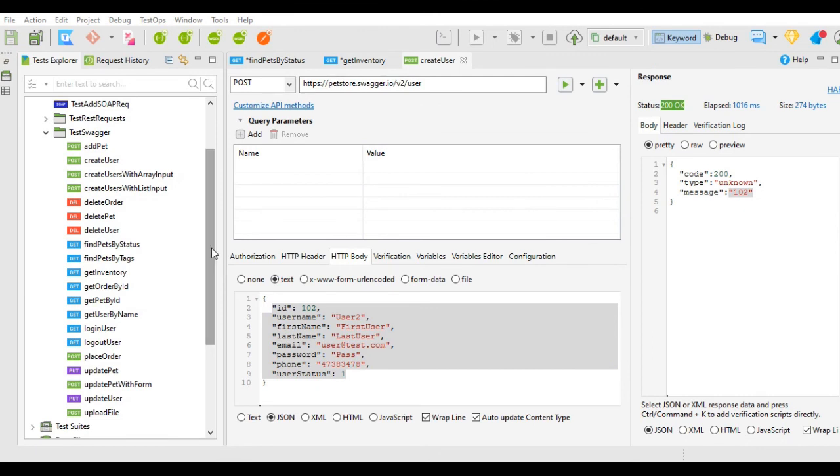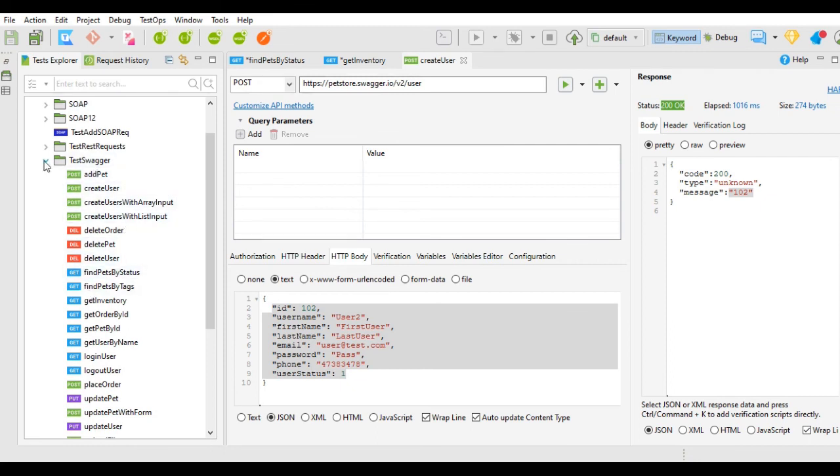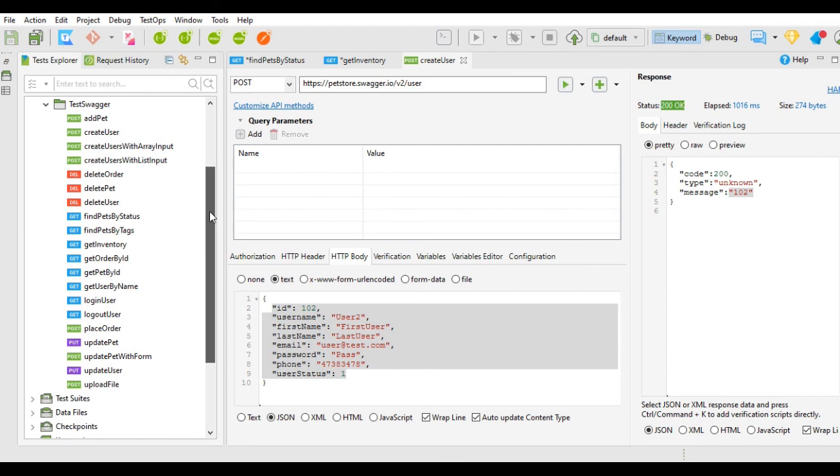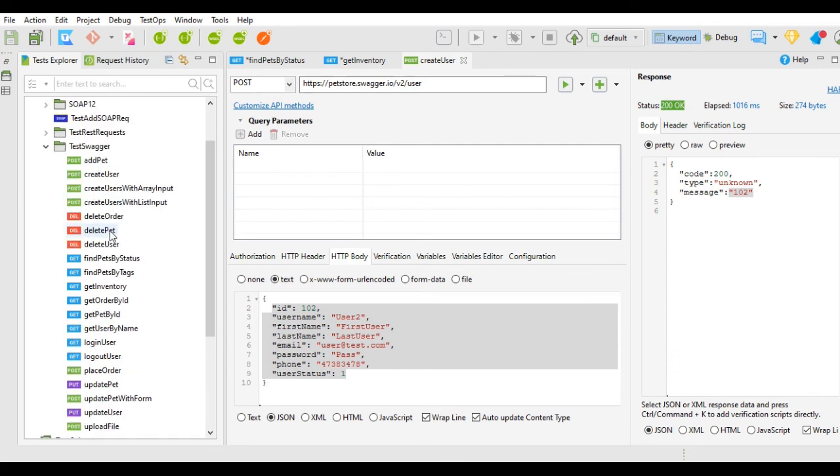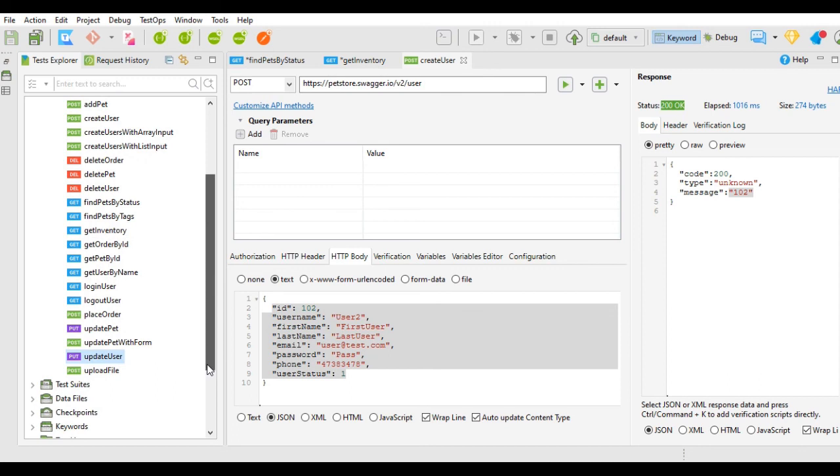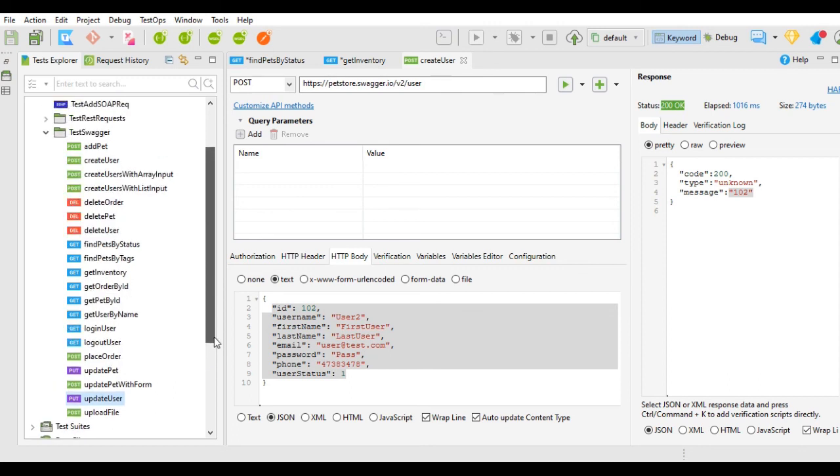Similar to get and post requests, there are put and delete requests as well available for testing purposes in the Swagger which we have imported. So you can check those. You can delete the pet, delete user, delete order. Put means to update. So you can update the pet, update the user details, and you can check what happens, what is the response. Verification, you can verify it and check whether the verification gets applied or not. This was about Swagger, importing Swagger requests and using those requests and generating responses.